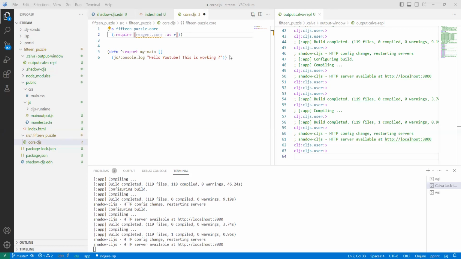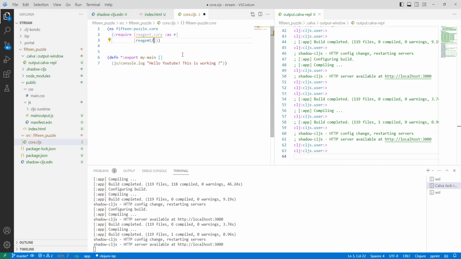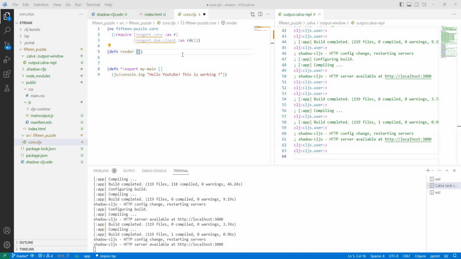And we will also need the reagent DOM client. So these are a couple of things which are normally needed. So reagent DOM client as RDC. So reagent DOM client is the one which is used to generate, right? So I'll have my render method created. So this is my custom render method, which I will use. And in this method, I should maybe define